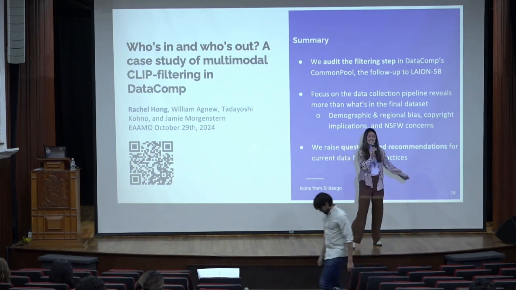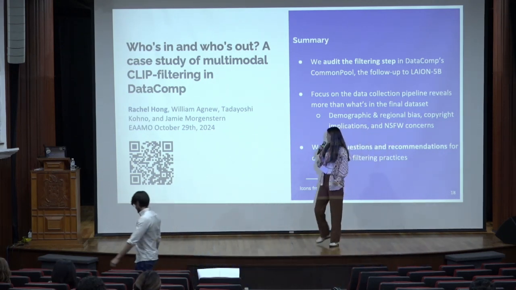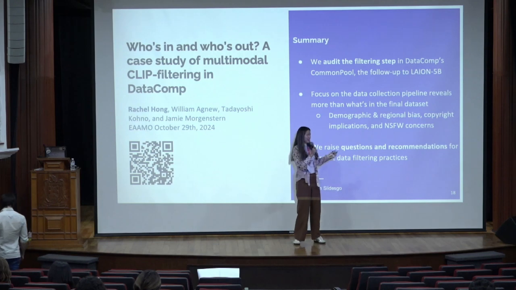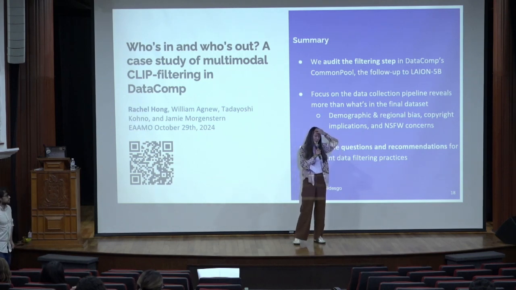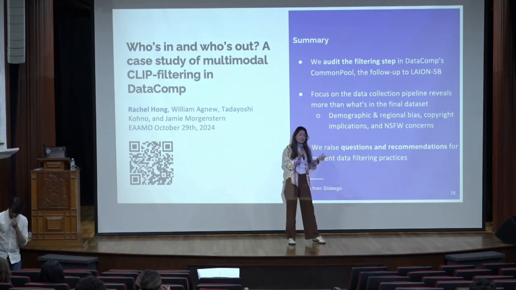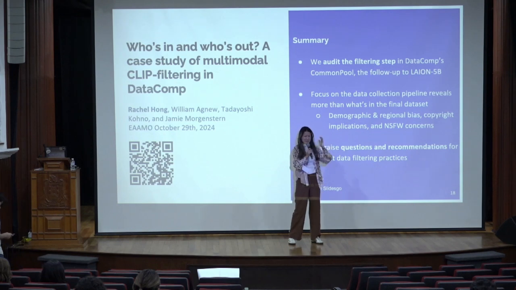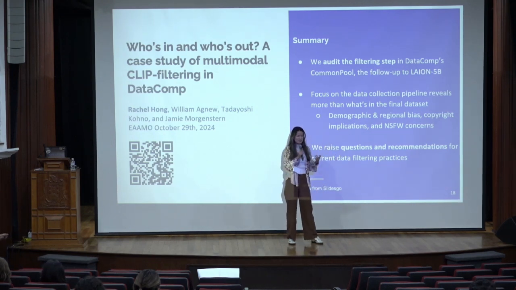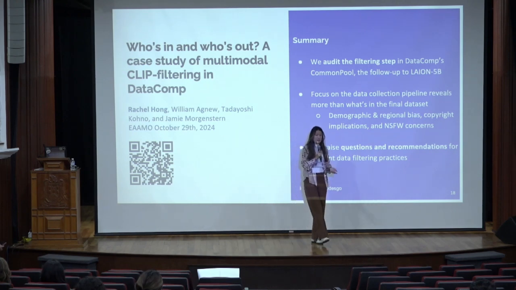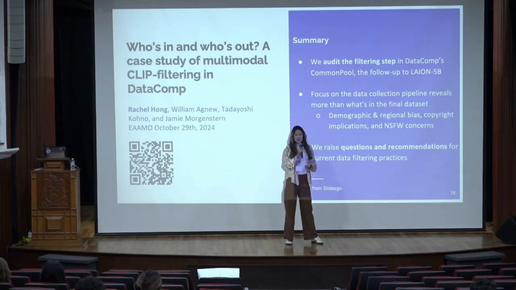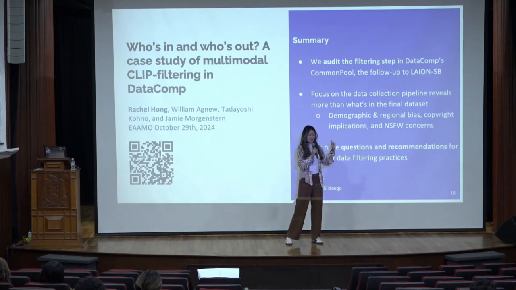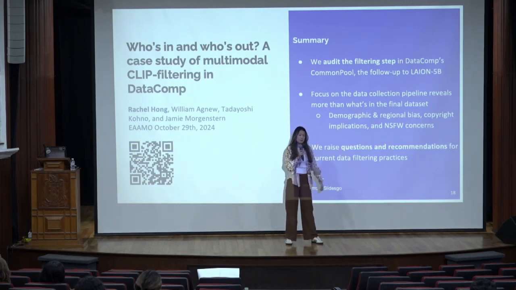Also a good question that I cannot get into because of time. So what we did is we categorized the websites using the Cloudflare API. So it already provides categories of the websites. And so we found that the NSFW category, I think, made up 1% of Common Pool, which was kind of significant. And when we looked at the websites, most of them were coming from pornographic sites. And so we didn't exactly audit the NSFW filter, but we looked at what was in Common Pool.